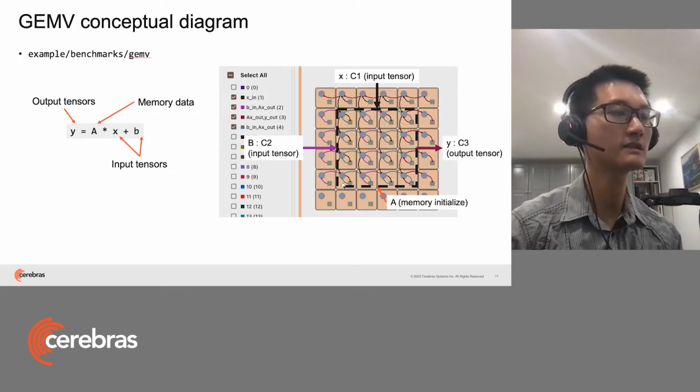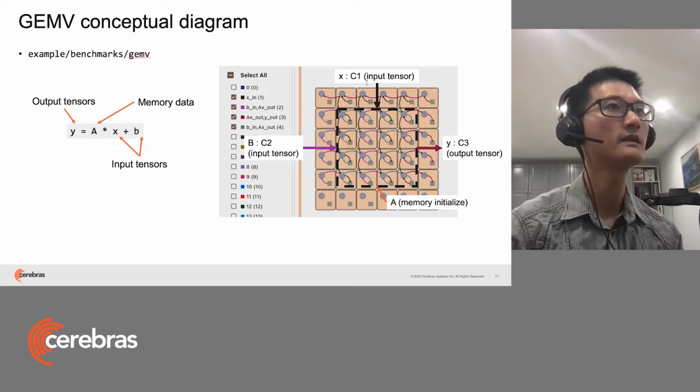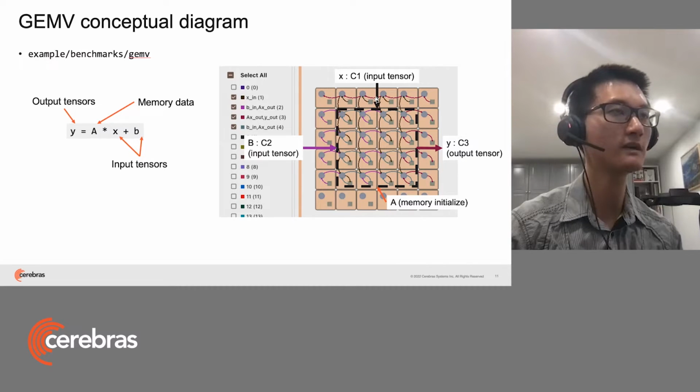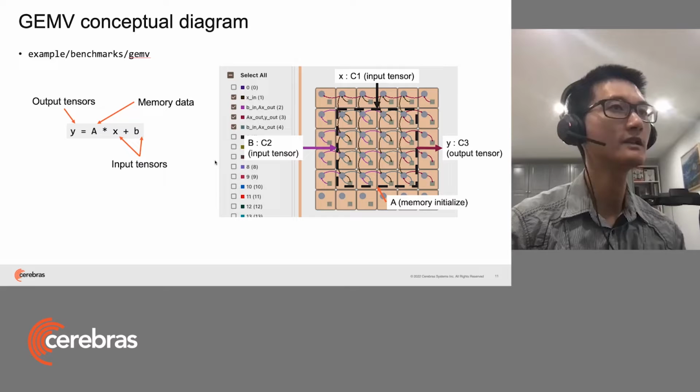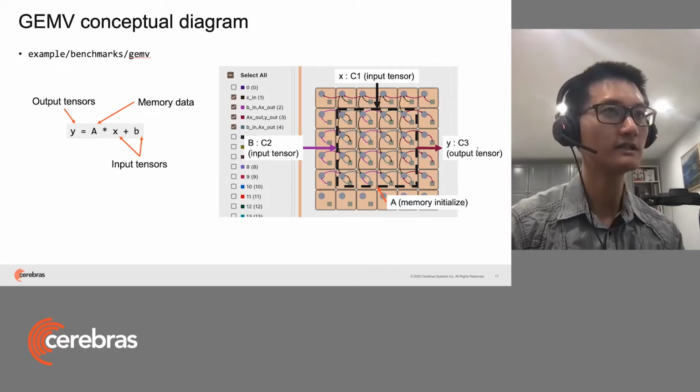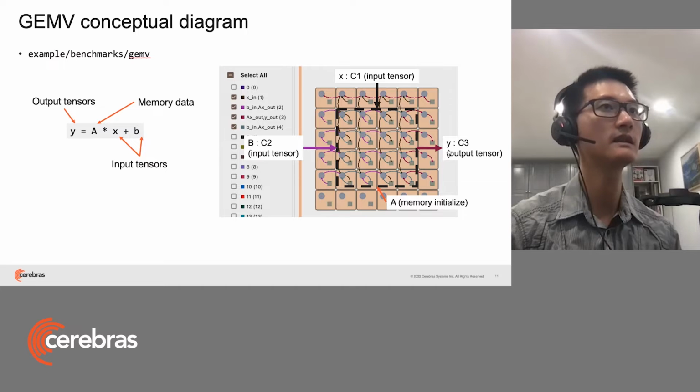The entire tensor is distributed across a 4x4. The input X is streamed in from the north side. The input B is streamed in from the west side. The output is finally streamed out to the east,